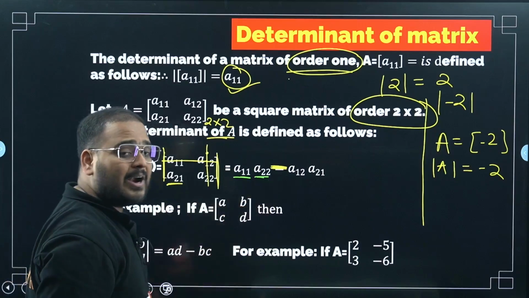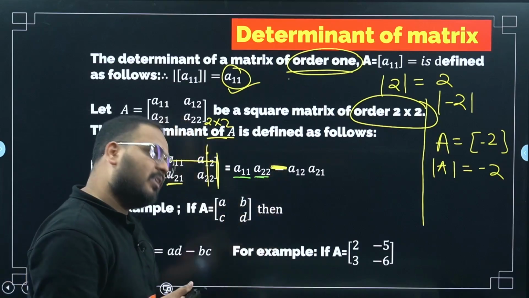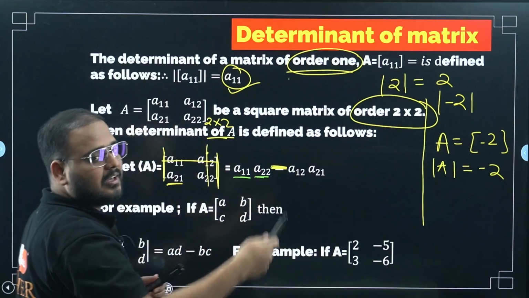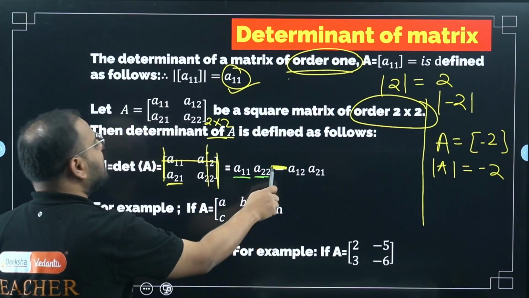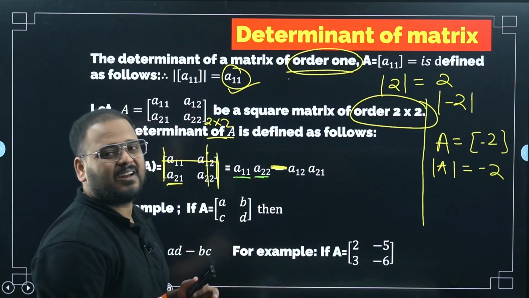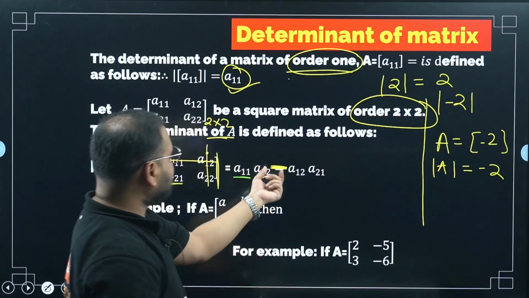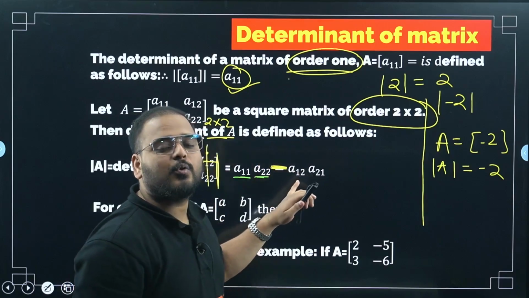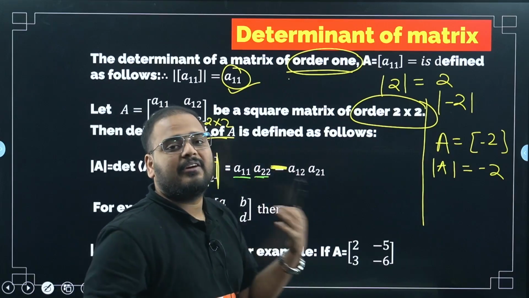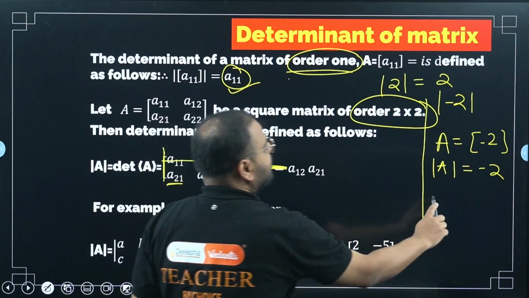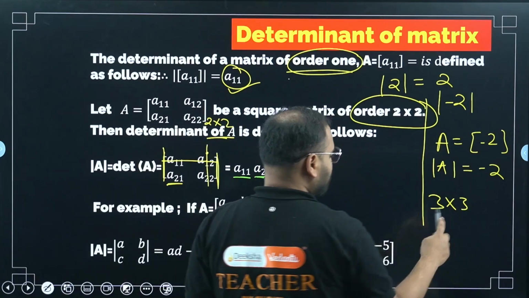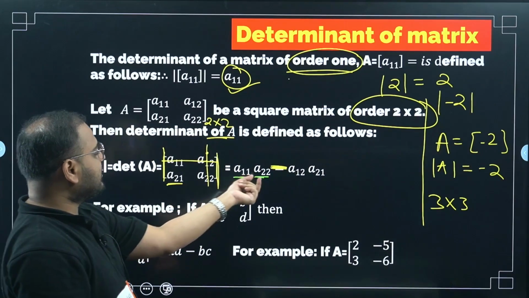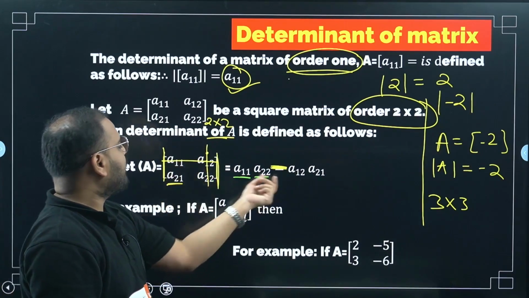Now you might ask, sir, why the minus sign? We'll learn it next, when we go to the order of 3. For now, there's no comparison for the second element. For the second it is minus, for the third it will become plus. So we'll get to know why this sign is negative when we deal with the matrix of order 3 cross 3, which is going to be next. So if I am applying this formula, A11 times A22, minus,